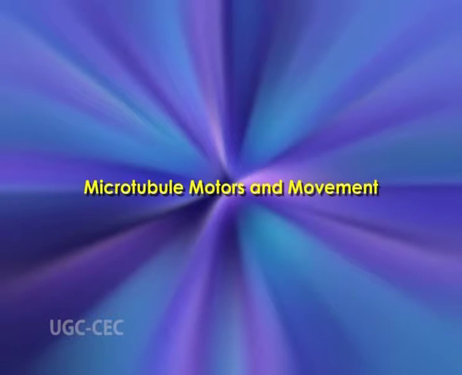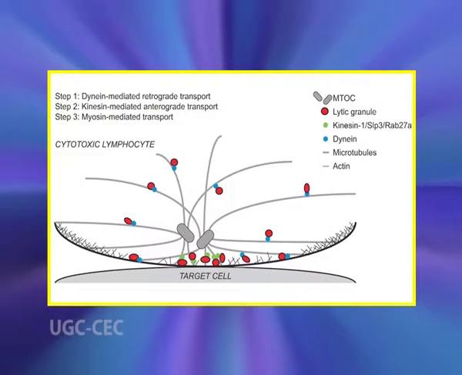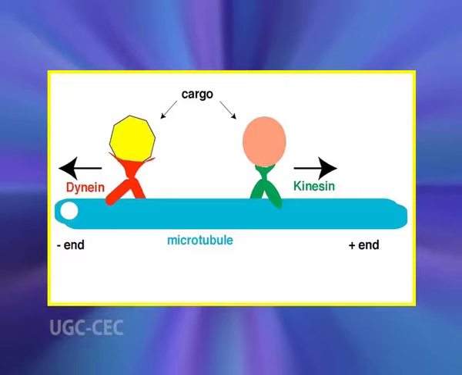Now, microtubule motors and movement. Microtubules are responsible for a variety of cell movements, including the intracellular transport and positioning of membrane vesicles and organelles, the separation of chromosomes at mitosis, and the beating of cilia and flagella. Members of two large families of motor proteins, the kinesins and dyneins, are responsible for powering the variety of movements